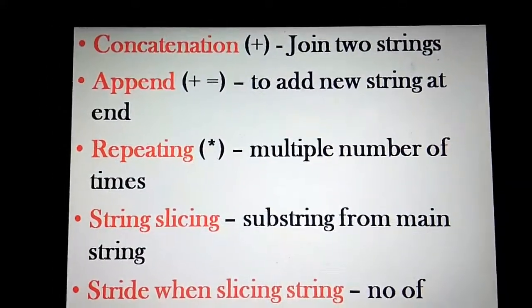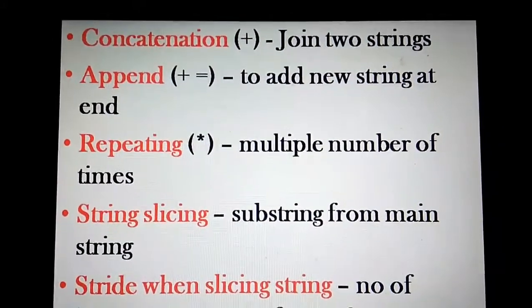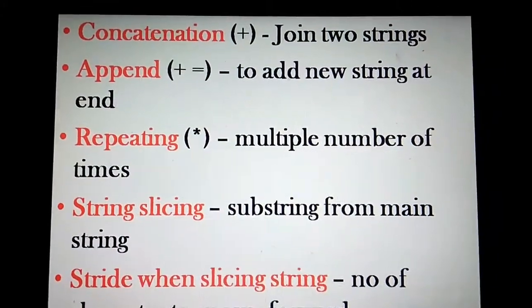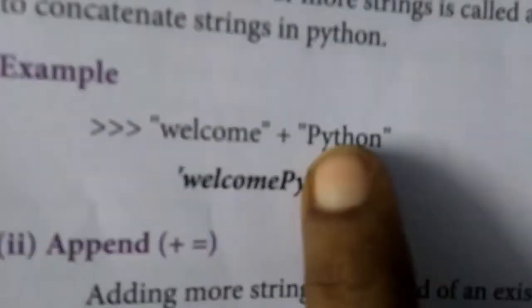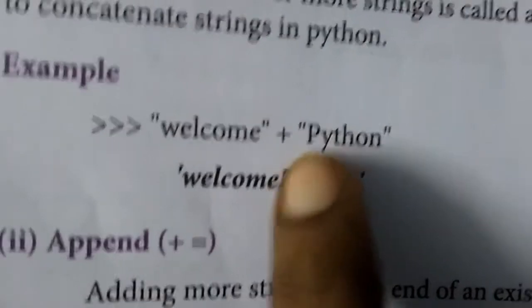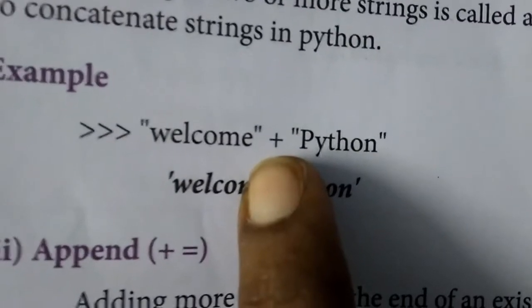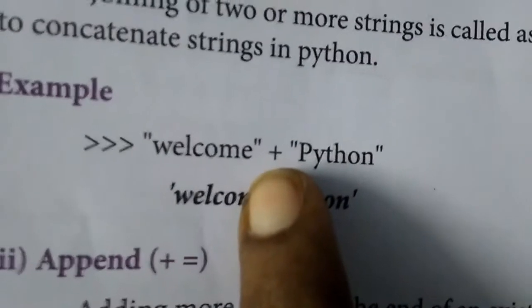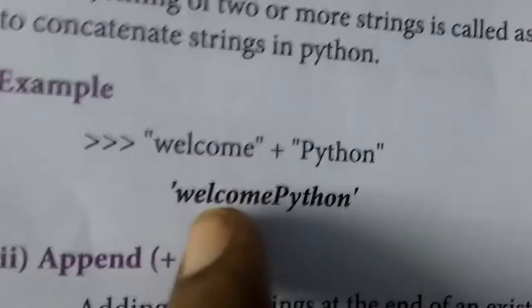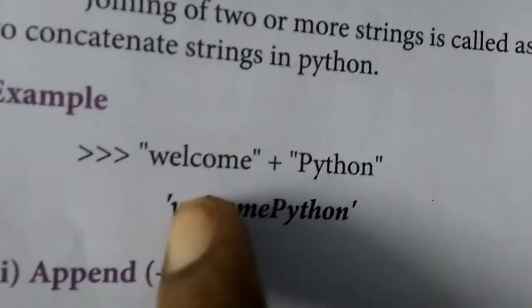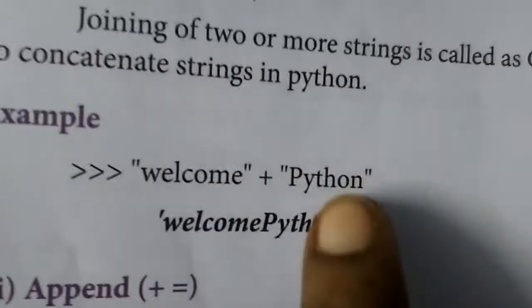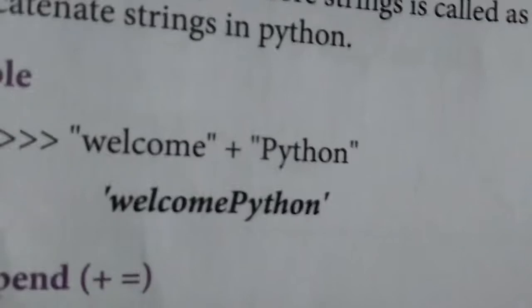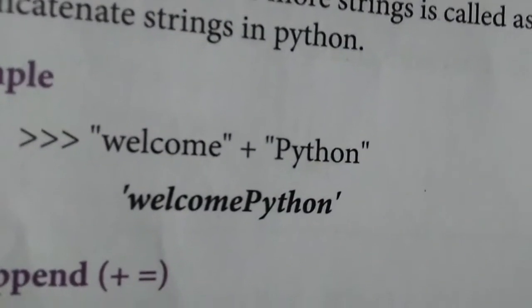Just explain the concept that is given. Explain the example that is given in the book itself. In this example, I am using Welcome as one string value. Next, I am having Python as another string value. The plus symbol is going to be the concatenation symbol here. So, for joining the two strings, we are going to have Welcome Python. These two strings are joined using this plus symbol. So this is called a concatenation symbol.